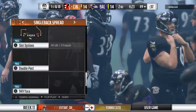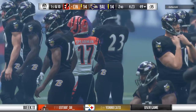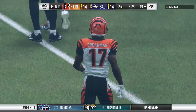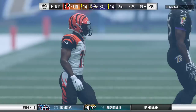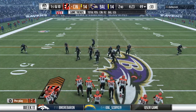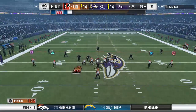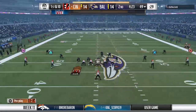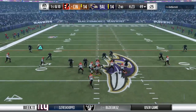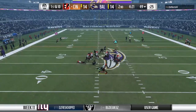How will the defense respond after giving up that type of a return? Now this Bengals offensive unit ready to see what they can do here. And following the interception, just any interception, are you a little bit more cautious when you start that next drive, or no, you just throw that out the window? I think you are. I don't think that there's any way you can run back out there and go, totally didn't affect me. Let's just go ahead and be loose with the football again. You're going to take care of it, but you have to...